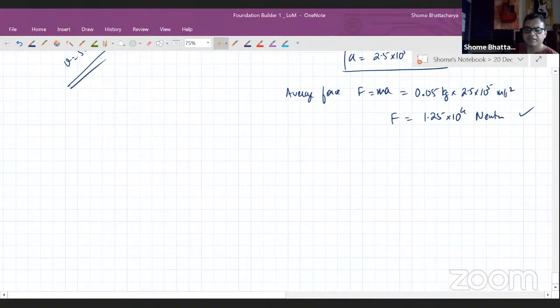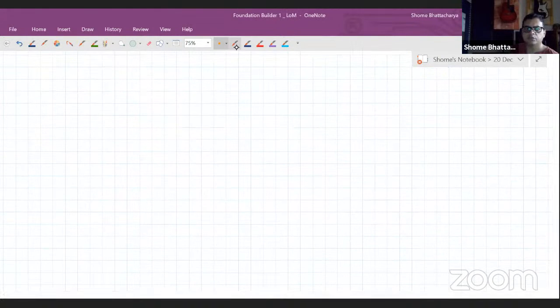To find the x and y coordinate, we'll first need to find out the acceleration. So what is happening in question 15 is that